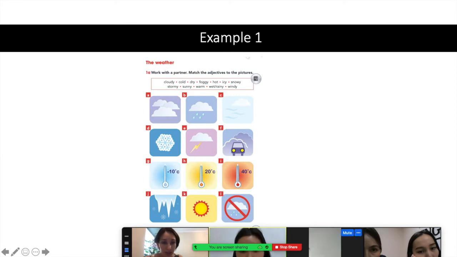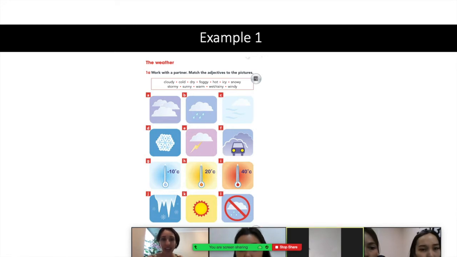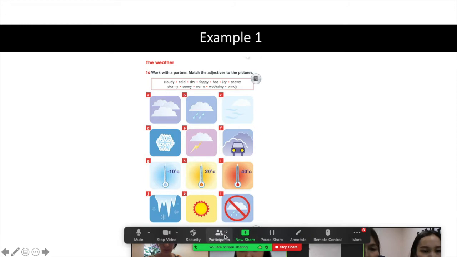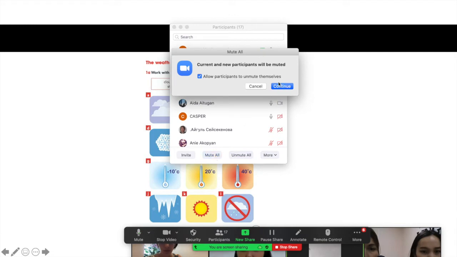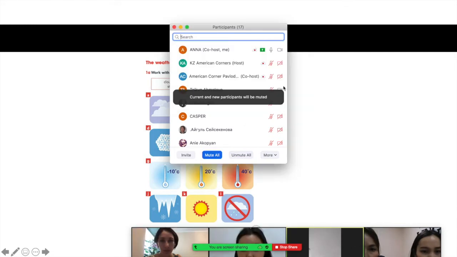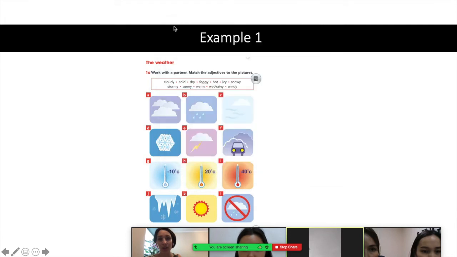Asil, can you make sure that all the microphones are mute, please? Because I can't control this. You didn't give me any control of the microphones. Okay, let's take a look at the second example. Just a second, let me see. Oh, there you go. Now I finally muted everybody so that I can focus on what I'm saying. I'm sorry for that.